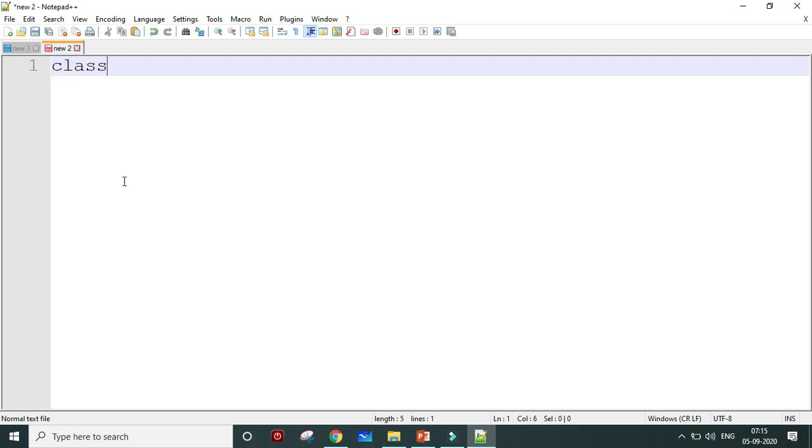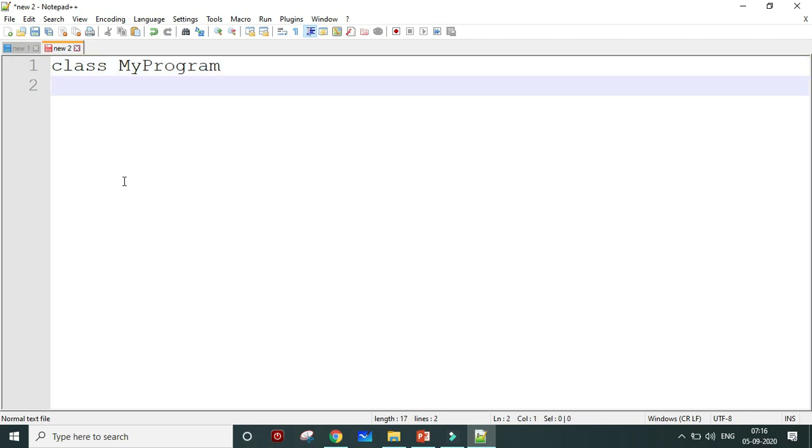To begin the program, you need to use the keyword class and then give any name to your program. So I'm giving the name as my program. The class name can be anything, but try to give a suitable class name depending on your program. For example, writing a program for calculating tax, give a suitable name related to tax. If you're doing a program for printing invoice, then give a suitable name like print invoice. Otherwise, you can give any name to your program.